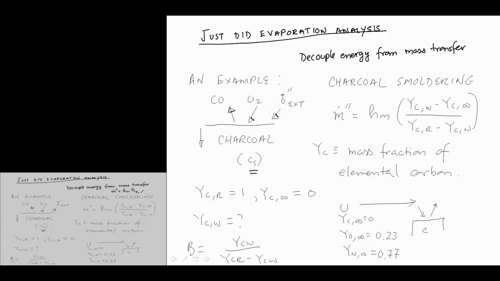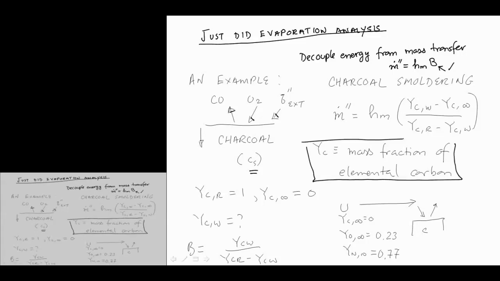Okay, so we're going to pose this in terms of our elemental mass fractions. Before, we posed the problem in terms of the mass fraction of water vapor, and we could do that in the previous evaporation problem because it was conserved. Water vapor was conserved, there was no reaction, not a problem. Here, we're producing CO and consuming molecular oxygen, so CO is not conserved, O2 is not conserved, but